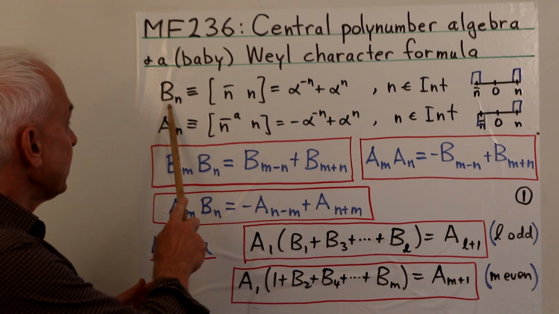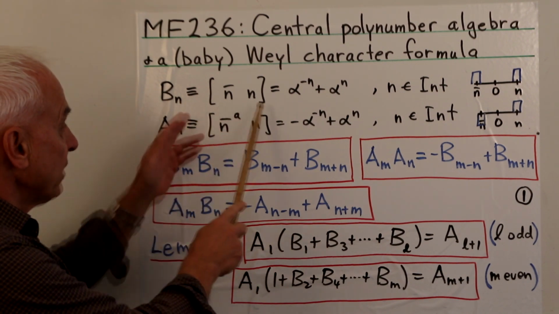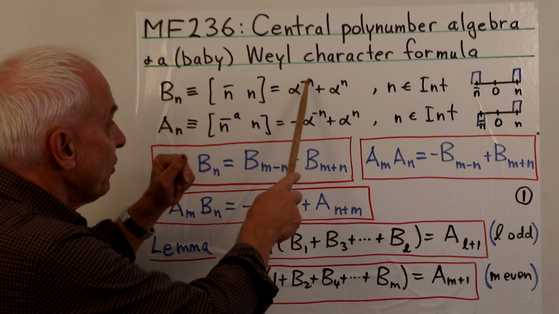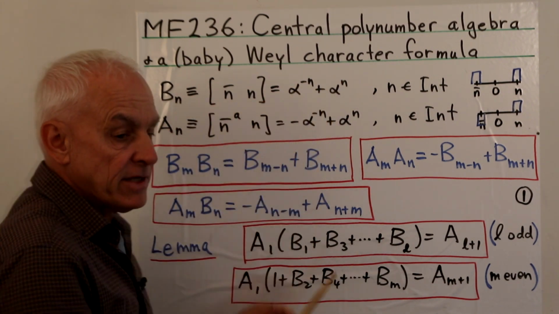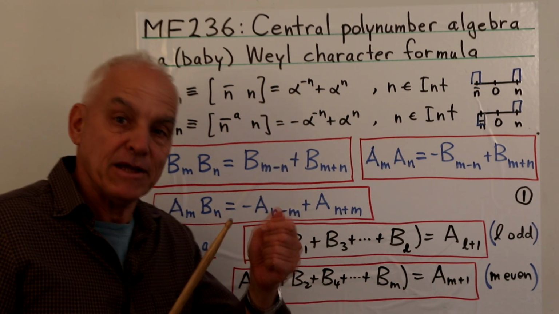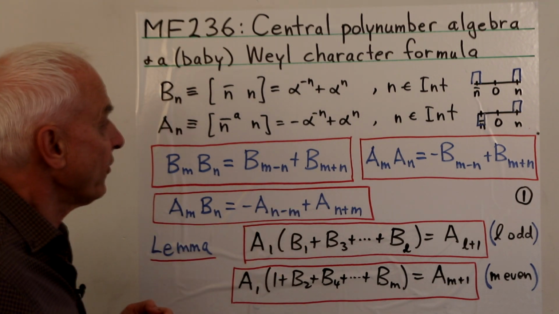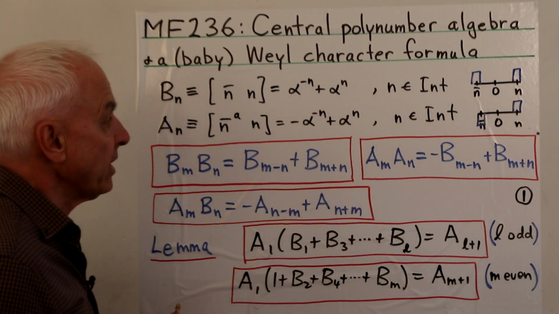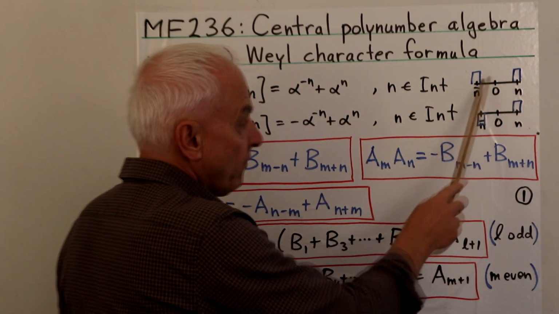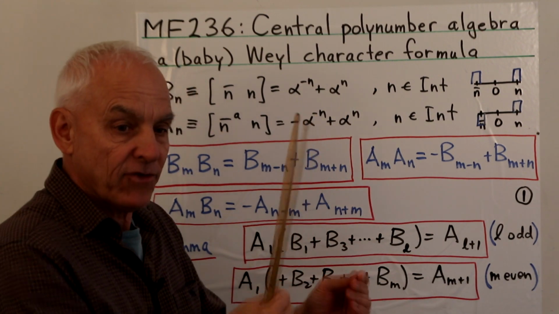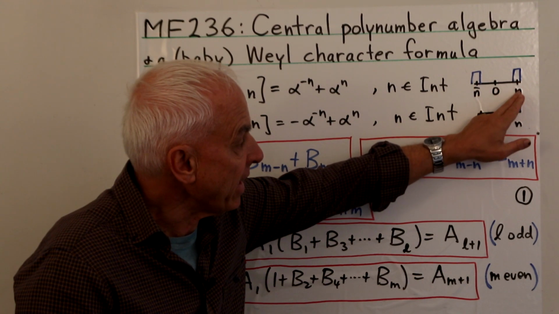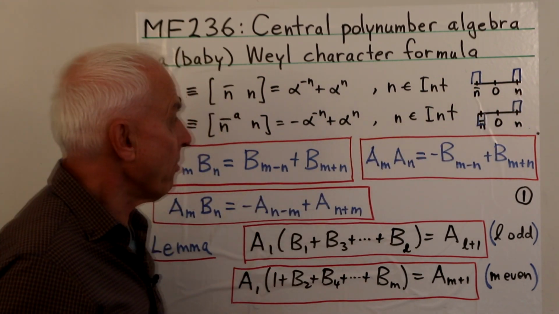So we introduced symmetric polynumbers Bn, which is the multiset n, n bar, which is our interpretation of that is alpha to the minus n plus alpha to the n. So it's a polynumber, but it has also negative possible exponents. So n here can be an arbitrary integer. And the way we want to think about this is not as a function, but rather as a pair of densities, so like point densities, or maybe like Dirac delta functions if you're a physicist, sitting at n and at n bar or minus n.